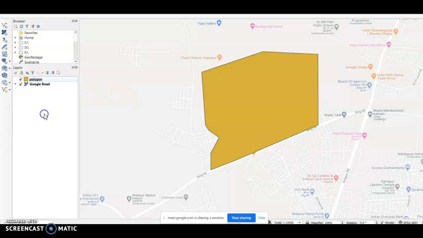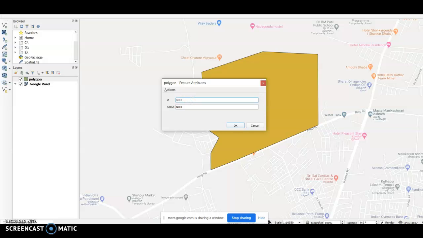Now I'll edit the same polygon again. Then I'll click add polygon. In the add polygon, I'm adding another polygon here, for example this area. Once I'm done with that layout, I'll right click, give it a second ID, and the name I'm giving it as second layout. I do not know the name of the layout, so I am simply writing second layout.